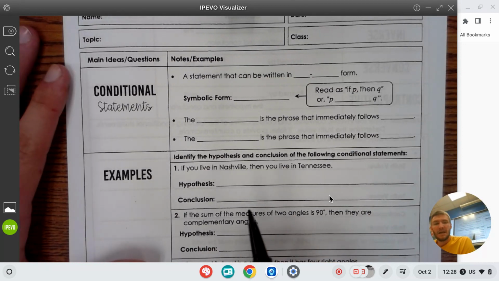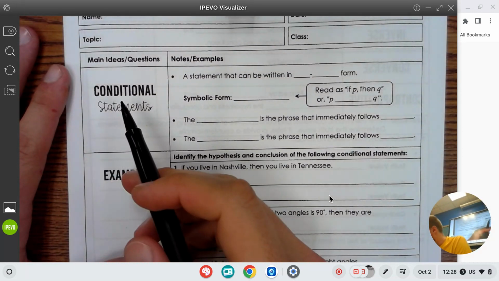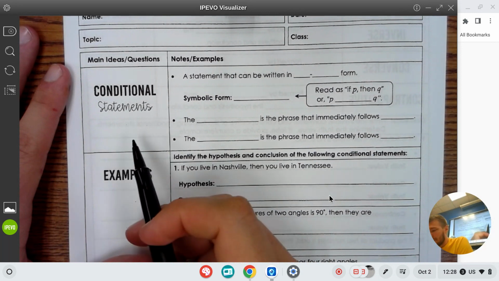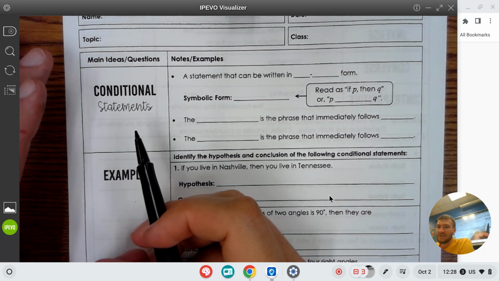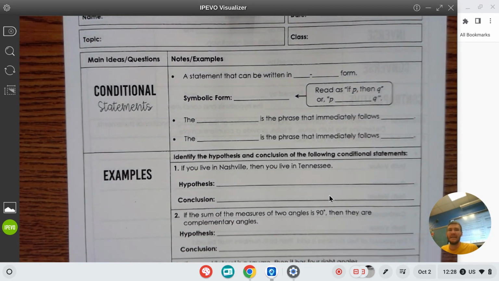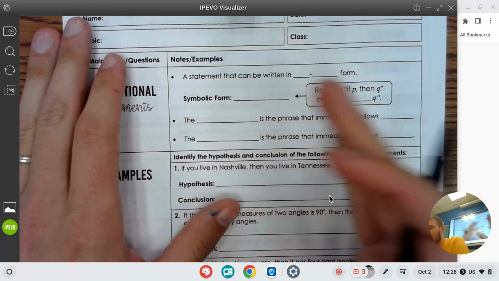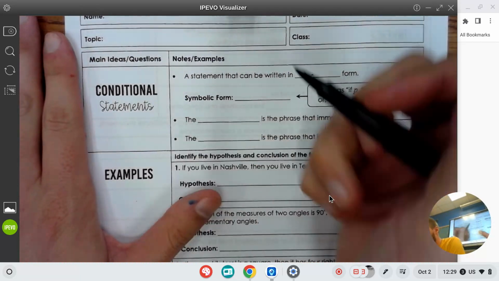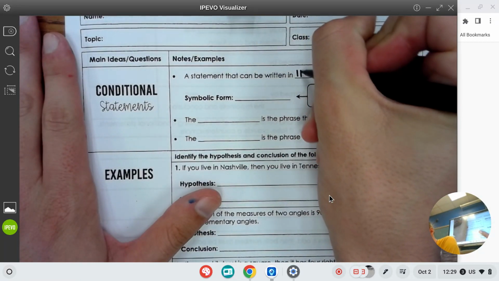We're in business. So, we're going to talk about conditional statements, okay? A conditional statement is, instead of just two random things like we're in geometry class right now, there's 7 days in a week, where they're just totally separate and disjointed, we're now going to talk about things that are related to each other, okay? A conditional statement is a statement that can be written in